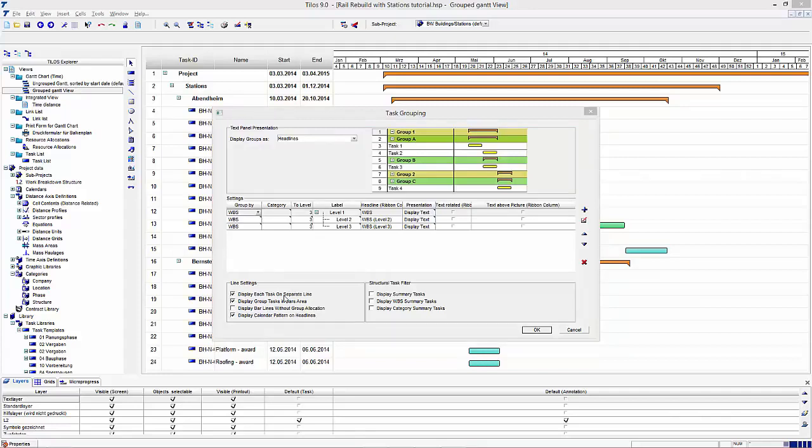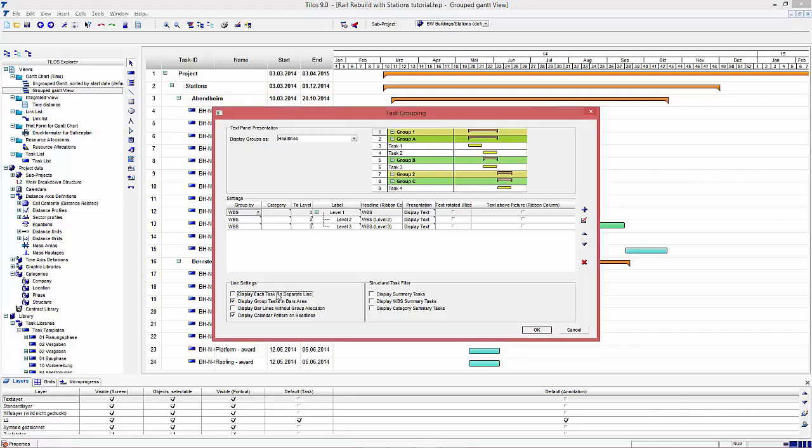One of the most helpful settings in this dialog is the option Display each task on separate line. If switched on, then each task will be displayed on a separate line and the text panel displays the data for this specified task. If switched off, then the system collects all tasks within one group on just one bar